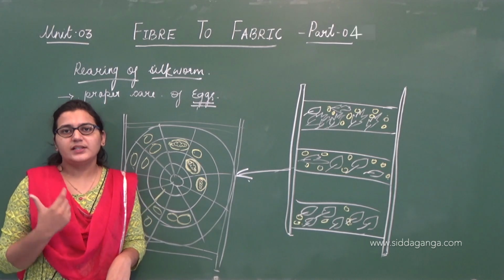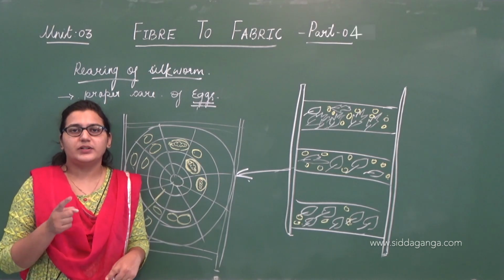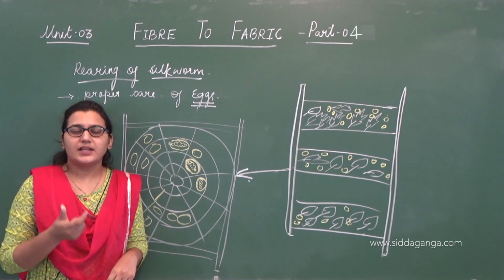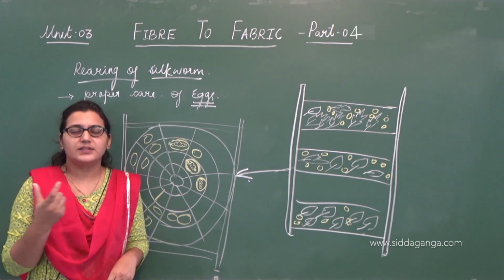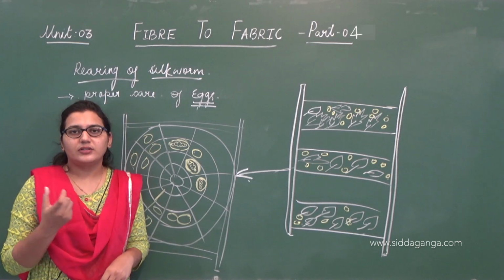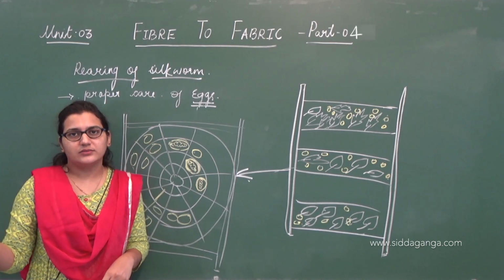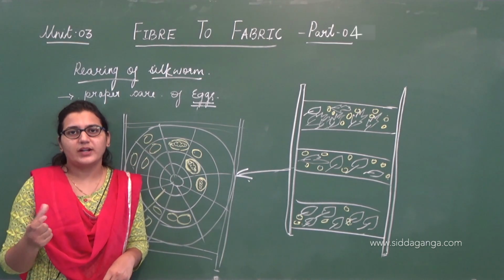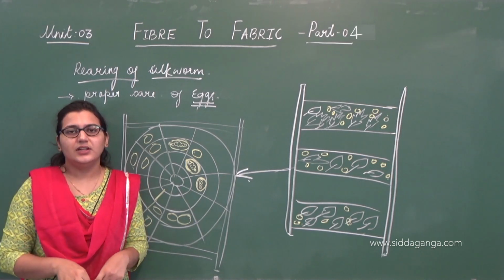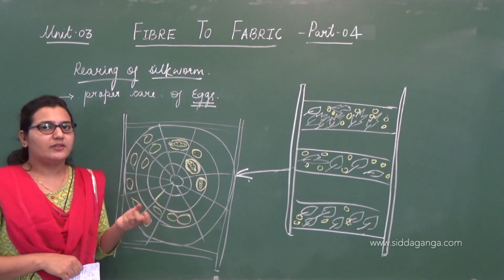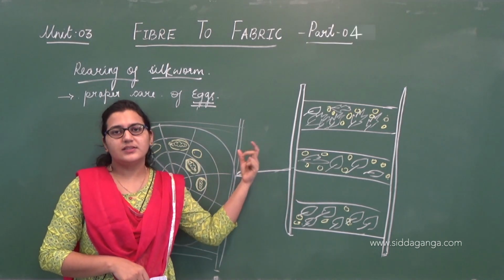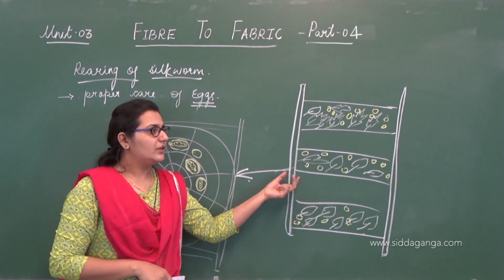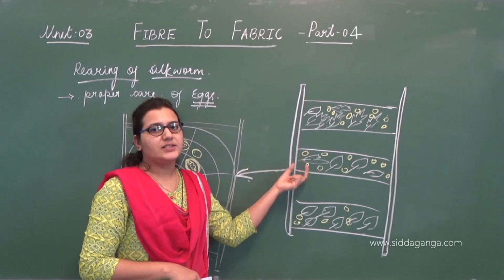Right from the eggs, we have to take care of them properly, with proper temperature, because eggs hatch only in warm conditions. Even in winters, they are not kept cold. So warm conditions have to be provided. There is lighting and everything to make them feel warm. In the warm conditions they hatch, and before hatching, the leaves are already present here. That is how these larvae start feeding.